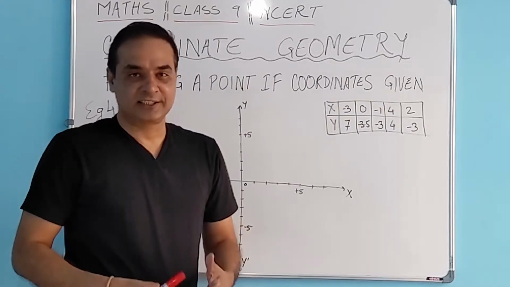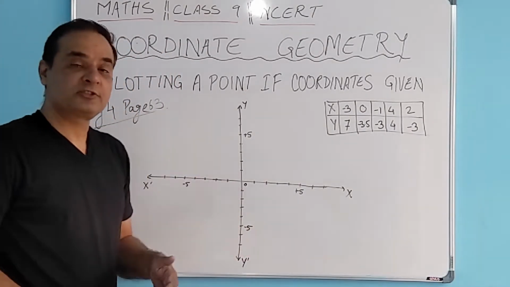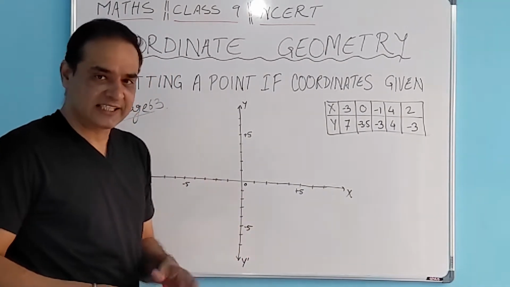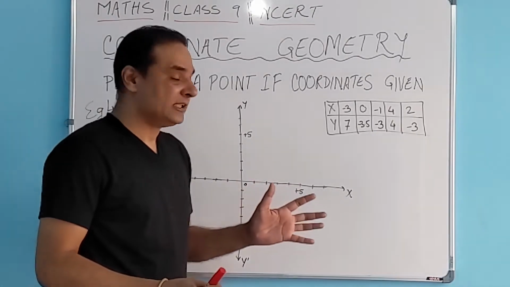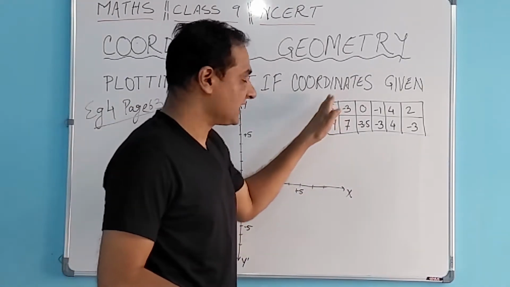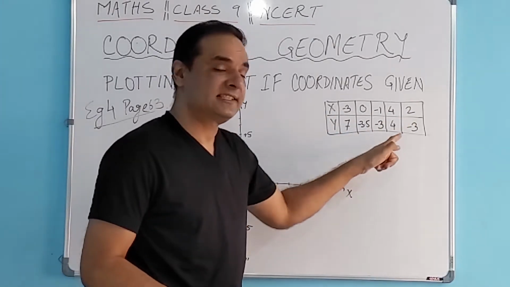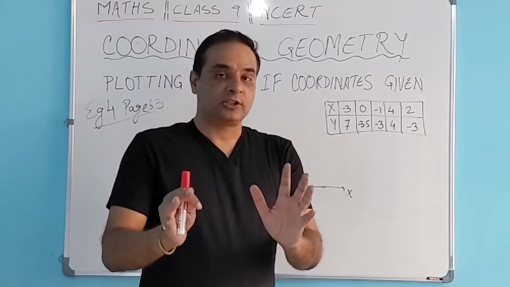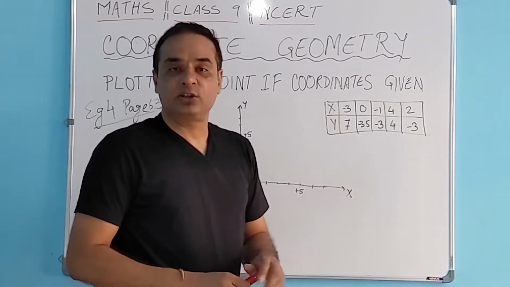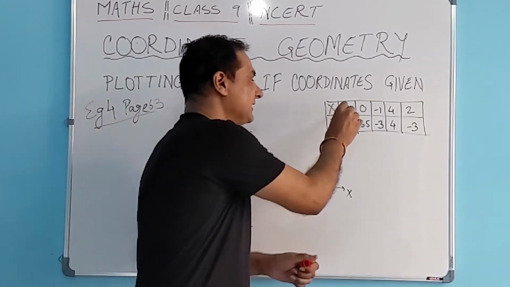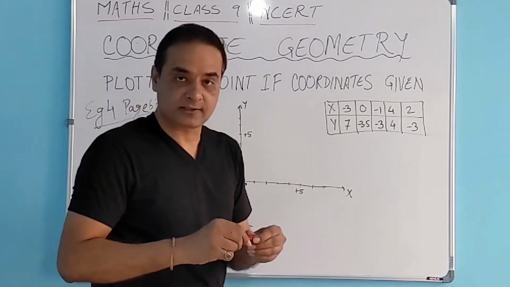So let's look at another example. It's example number 4, which is given on page number 63 in the NCERT book. So essentially we are given these points, which are ordered pairs of x and the corresponding value of y in this tabular form. हम लोग को याद रखना है, हम लोग को एक पॉइंट लोकेट करने के लिए सिर्फ x और y की वैल्यू की ज़रूरत है.